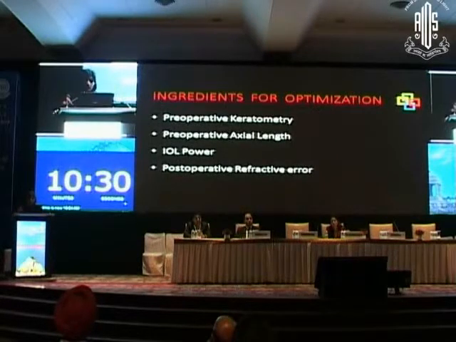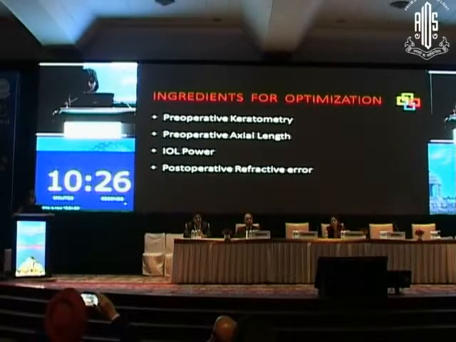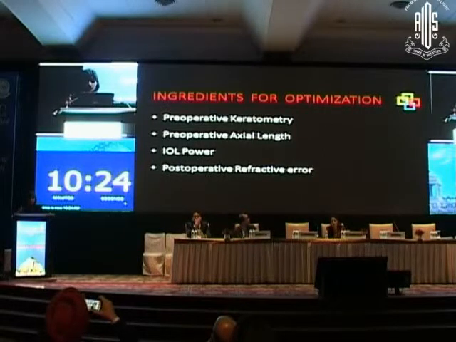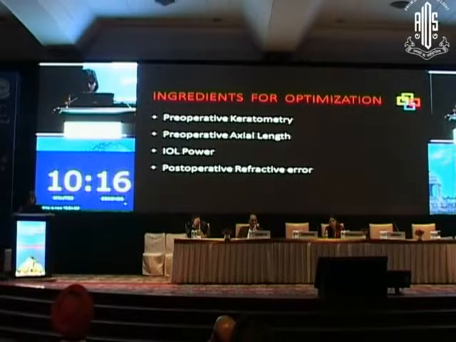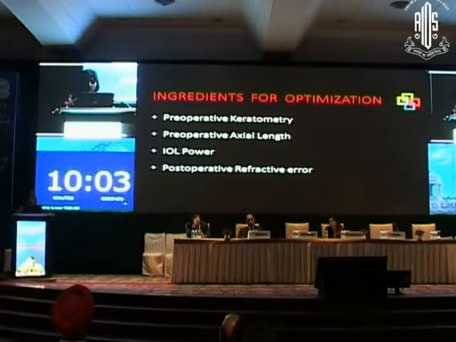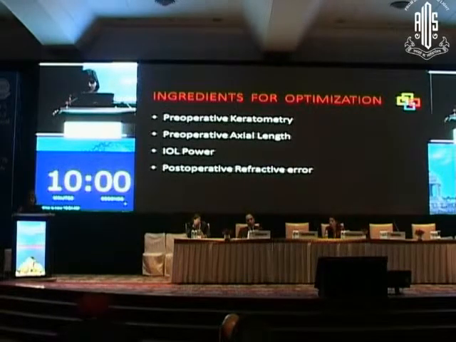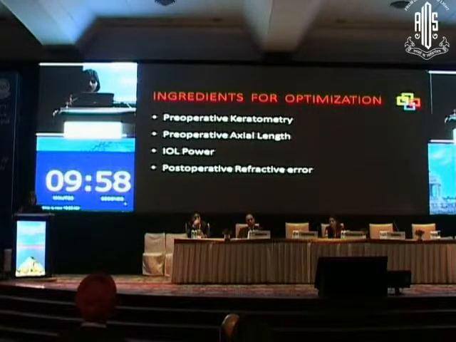So what are the measurements that you need for optimization? It is very simple. We already have all the data with us. We just need to have meticulous record keeping so that all this data is recorded properly and it can be used for the optimization. We basically need the preoperative keratometry. We need the preoperative axial length, which we are anyway measuring for our IOL power calculation. Then what we need to record is what lens model and what lens power was implanted in that particular patient. And then we need to have the final post-operative refractive error, by which I mean the stable post-operative refractive error.